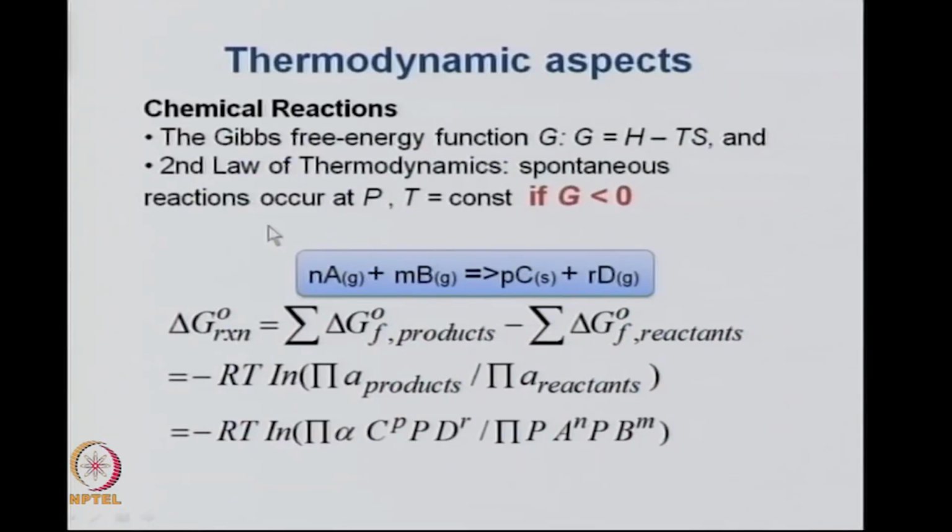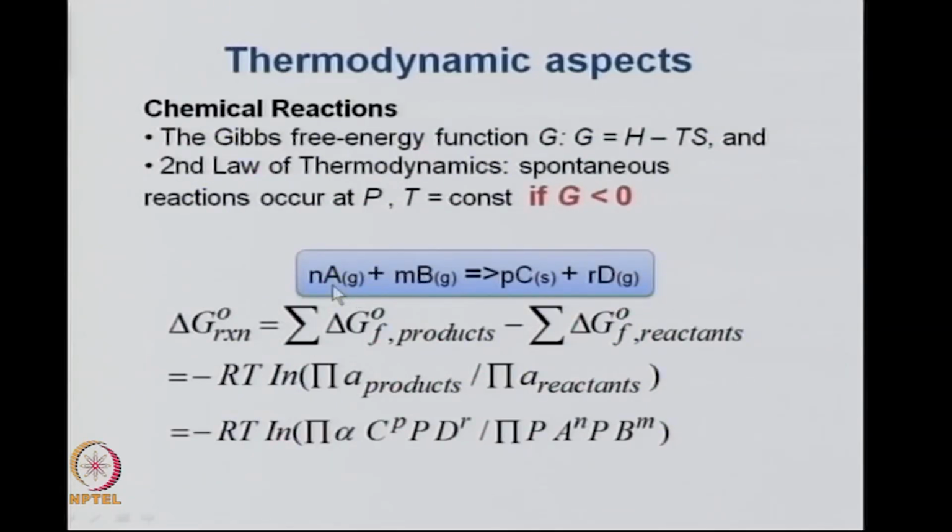So, this is a standard second law of thermodynamics. So, if you have any chemical reaction which is going to happen during the formation of the film, it has to obey this relation of the free energy going to be less than 0, and the free energy calculation is done typically like this. For example, consider a reaction where a gaseous